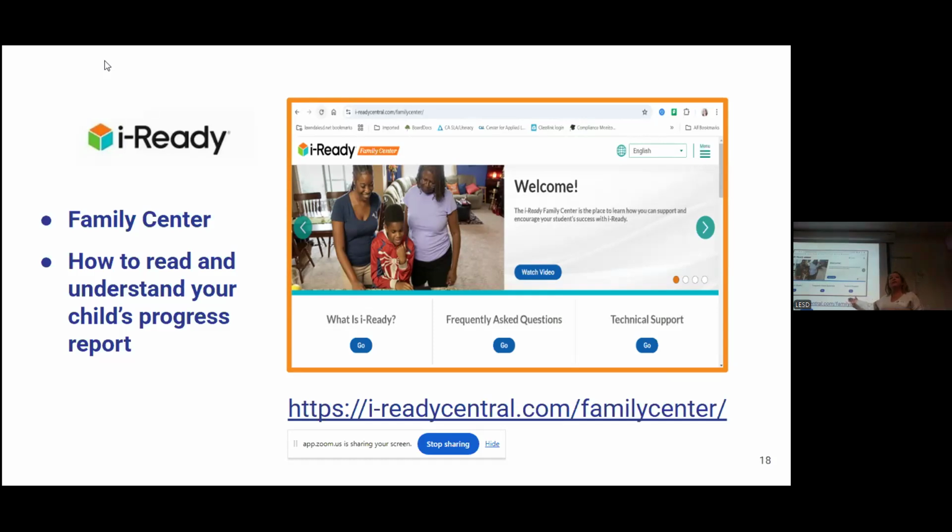There's excellent resources here and videos in both languages, in all languages that you can use, and know how your child is doing. But more importantly, sometimes when we get a report or information, we don't know how to read it. It's like, what does this mean? I need help translating this. And they have videos that teach you how to read the reports, so that way you know what you're looking for. And then again, you go to the school and you ask them why or what's next. So they took it at the beginning of the year for language arts and in math, and then they took it again in December. So we have recent data for that. And then your students will take it again in March, mid-March.